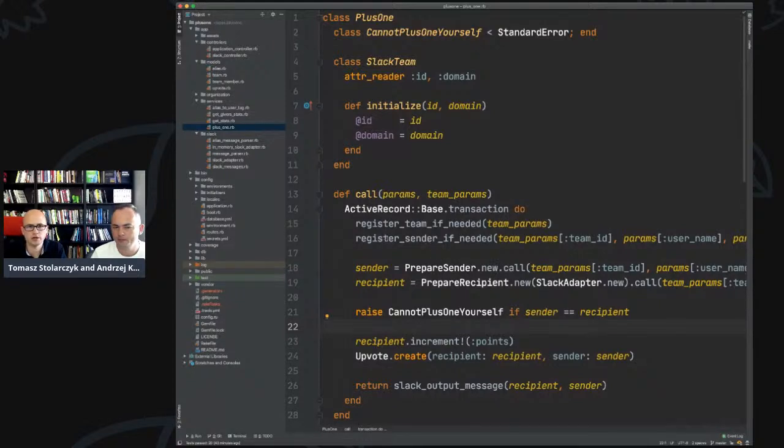And here, I could probably move it only to prepare sender, maybe. I was thinking about that. I'm not sure whether it can be moved there. I don't even like the idea of having those prepare classes. They are here mostly for historical reasons, because that was the flow previously. I'm looking for ideas and inspiration on how to get rid of them. So I want to load the sender. Maybe it's more like repo.load. Actually, I have a question: whether those are more like repos here or more like factories?